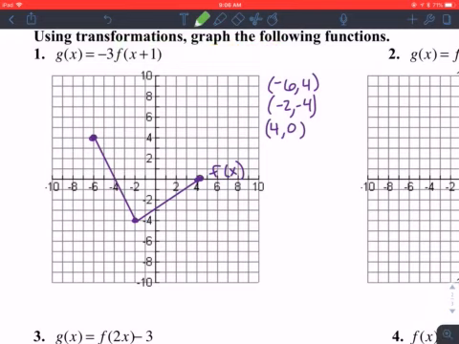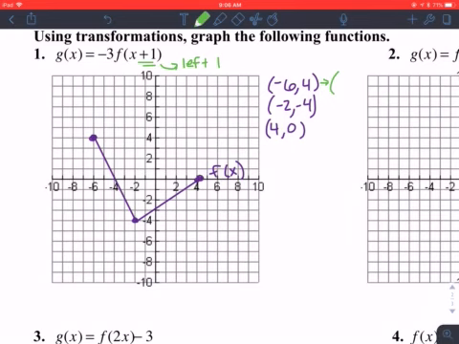So we're always going to do our horizontal translations first, meaning our left and right. So here we have a plus 1 inside our function. So inside is inverse. We're moving left 1. So we're going to go ahead and do that first. So starting with these points, if I move left 1,